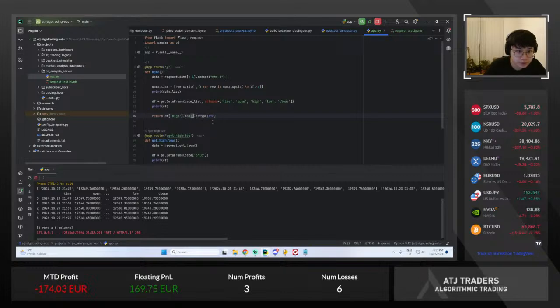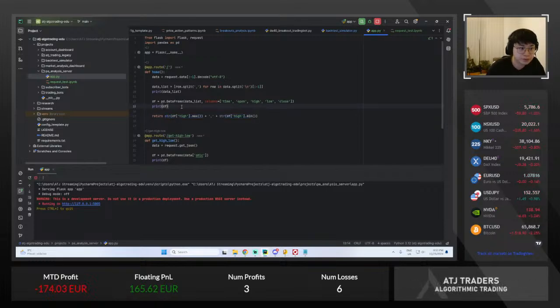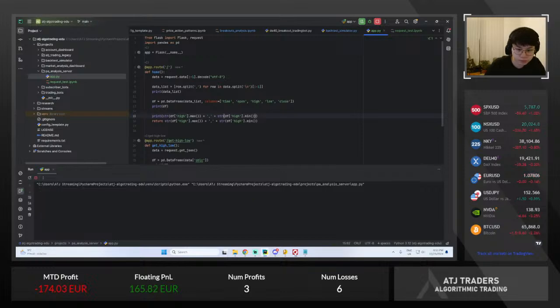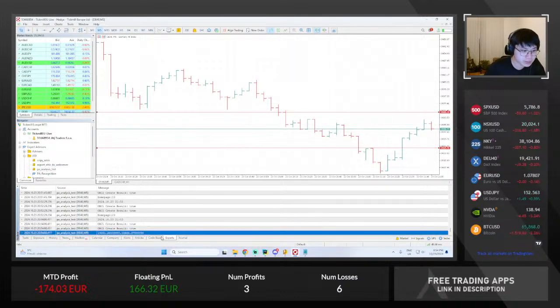Well, first, I just used the maximum. I return the string value in Python. Then I just add a comma to separate it, and then I'm going to return the minimum value. So I'm going to print this value. Now I'm going to run this script again. We see that this now works,